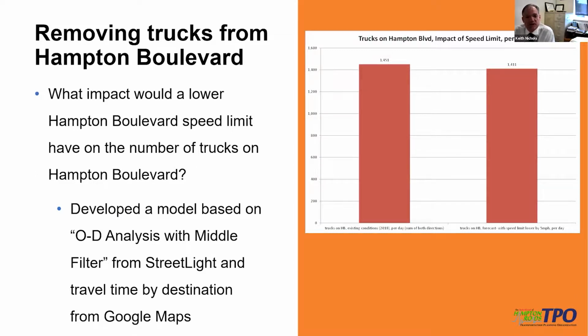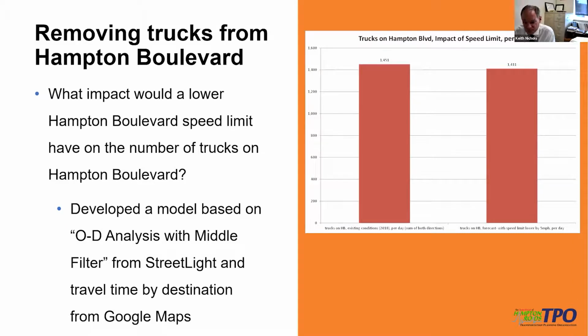So we wanted to look at, as part of this, what impact we could expect on the number of trucks that use Hampton Boulevard if we lowered speed limits. So we decided to use StreetLight data to see origin, destination, and which routes trucks that are using Hampton Boulevard and accessing the two port facilities are using, and then use a model based on that to determine, if we lowered the speed limit, what we could expect to see in terms of a drop in the number